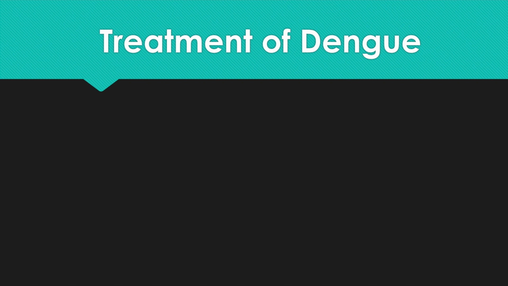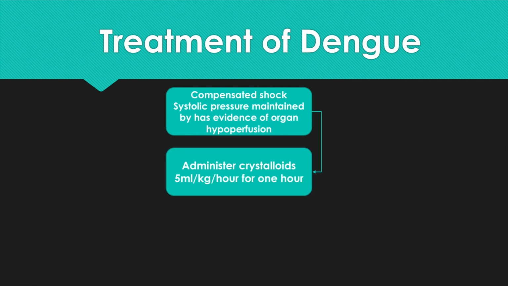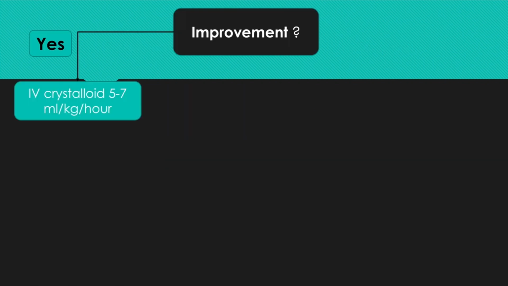In patients who have signs of compensated shock, in that the systolic pressure is maintained but has evidence of organ hypoperfusion, we must administer crystalloids at 5 milliliters per kg per hour for 1 hour, followed by reassessment for improvement. If there is improvement, then we can give IV crystalloids, and this generally includes normal saline at 5 to 7